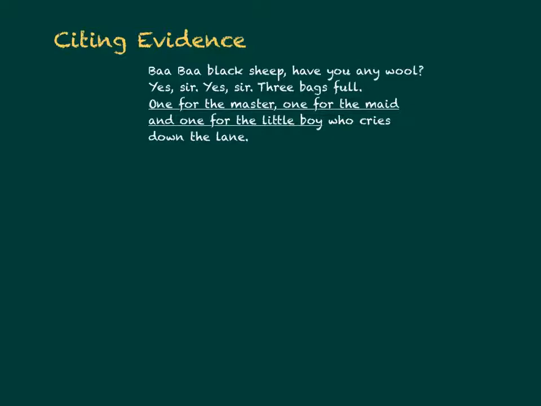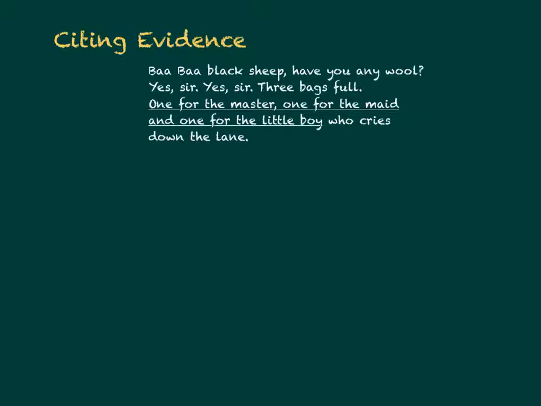The 3 bags that our shepherd has, one is for the master. This is believed to be the bags that the shepherds had to give to the king. One is for the maid, so this might be for a noble that they live under that they also are having to give away. You may have heard in the nursery rhyme before, the little boy who lives down the lane, but it's